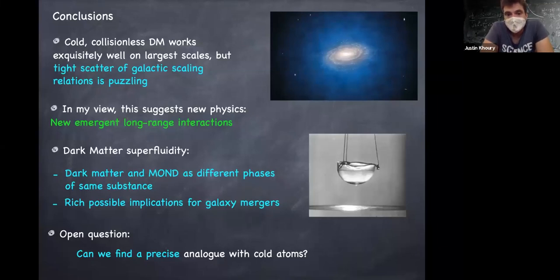More interesting, though, perhaps the more interesting answer to your question is in the root of cold atoms. I think the dream for me would be to actually find a cold atom system that has that equation of state, and I think that's where the physics is pointing, in my opinion. The fact that it has a similar equation of state as the unitary Fermi gas, which is a gas of fermionic atoms, suggests that this may be the actual description of dark matter. Anyways, these are speculations, obviously, hallucinations at best, but that would be the idea. So the UV completion, in some sense, is not really standard from a particle physics point of view. Sorry. Go ahead.